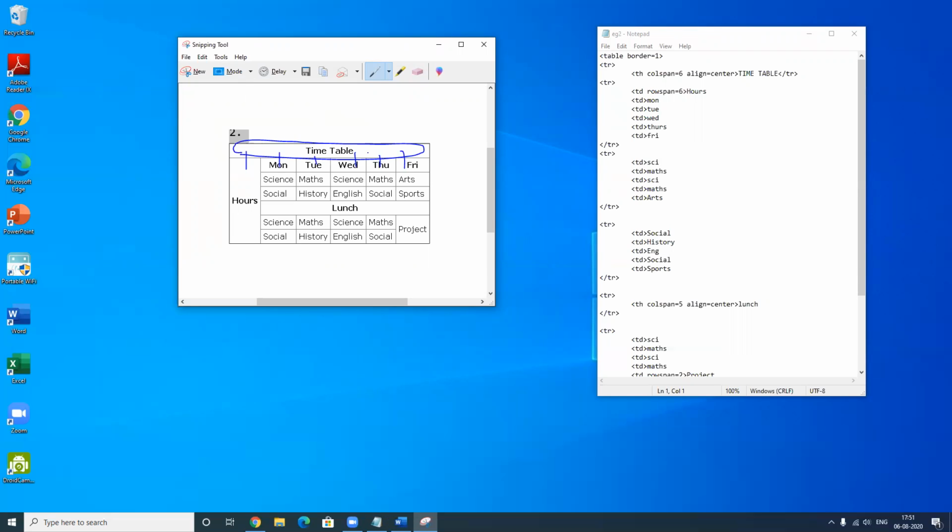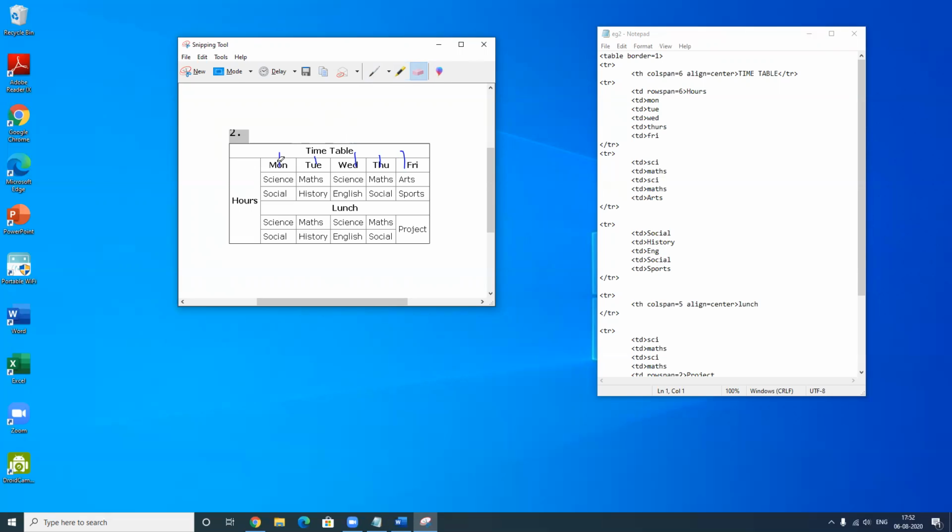So this TR contains only one TH. TH stands for table head. We've done this in the previous video. So this TH colspan is equal to 6 because my 6 columns are spanned or merged to create the cell. Okay, so this is my first row.